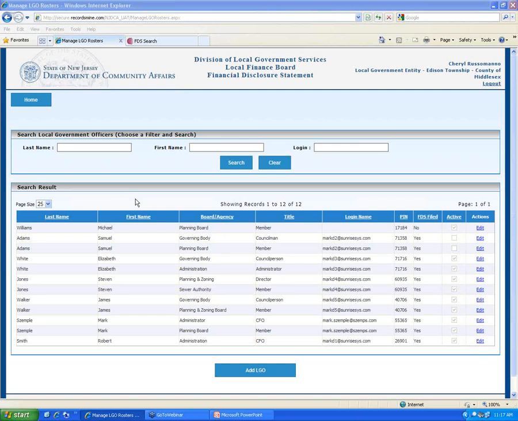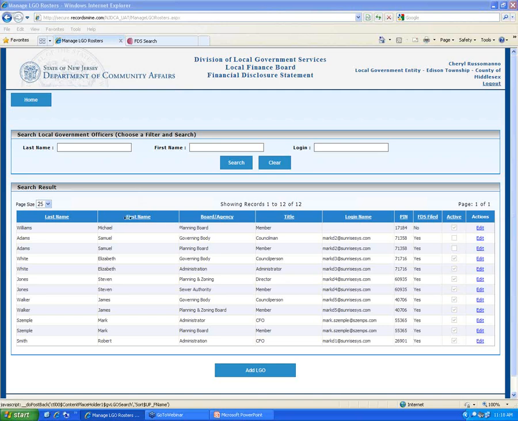Does a copy get filed with the municipal clerk when filed? The answer is no. The LGO does not have to give you a receipt or a copy of the financial disclosure statement. If somebody comes in with an OPRA request, you direct them to the public site. You don't need to provide that through OPRA. The public will be able to view all FDSs that have been filed, so you don't need to physically get a paper copy of that FDS and maintain it.